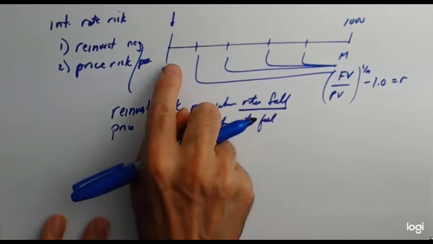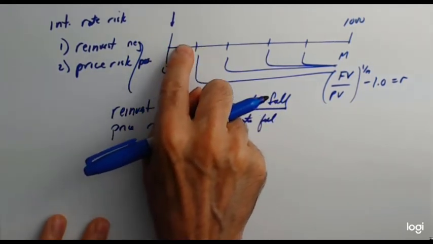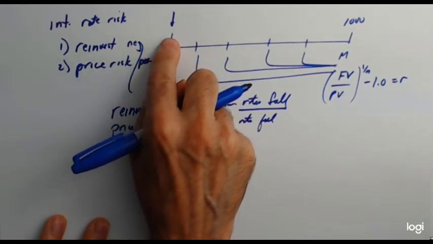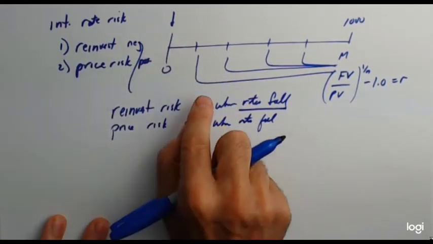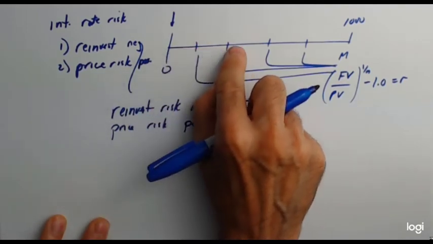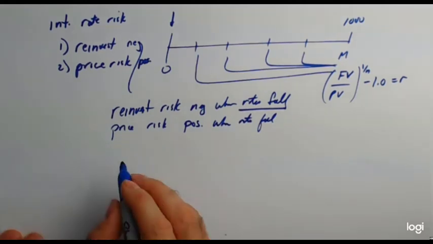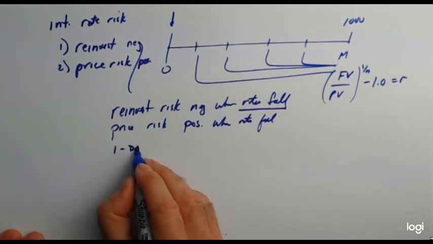So you buy the bond here, and as soon as you buy the bond, interest rates fall. Well, the price is going to go up. And if you sold the bond somewhere in here, you're going to get a higher price for the bond. You'll get a capital gain. So what you see here is this. If you hold the bond, say, for 1 day versus to maturity,